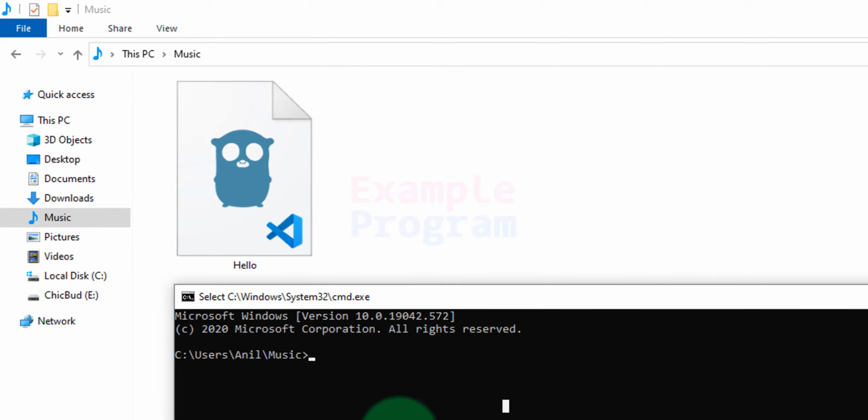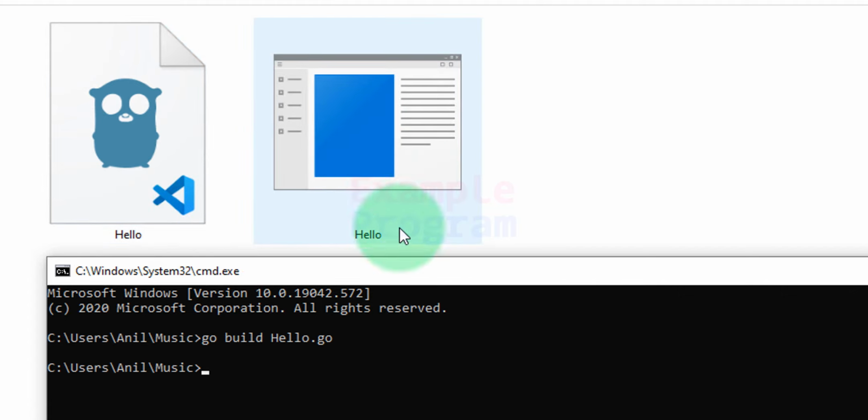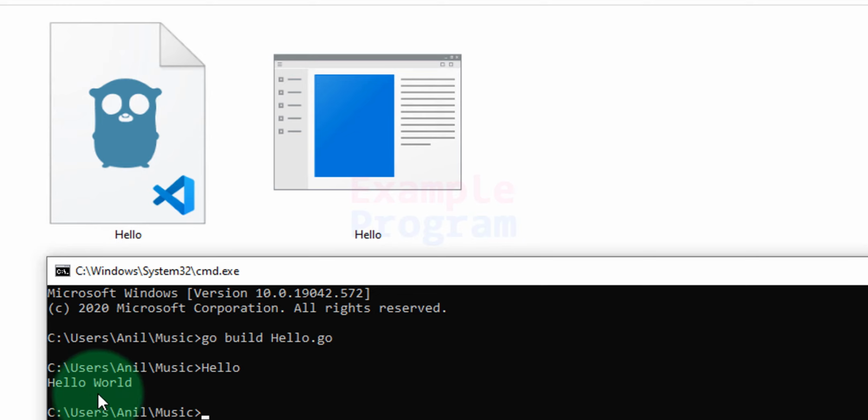So now what we have to do is compile the program that we have in this hello.go file, and generate an executable file. So we will write go space build space, and we have to write the file which is containing the Go program, which is hello.go. Now if I hit the enter button, here you guys can see another file is created with the same name as the Go source file, hello, and it is an executable file. Now we can execute this program just by typing the file name, which is hello. Now you guys can see we get hello world.